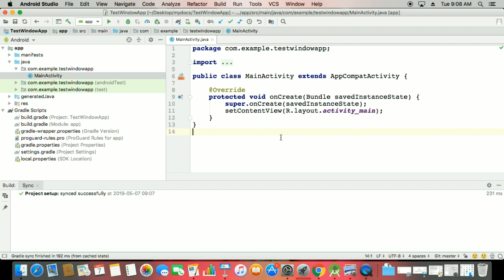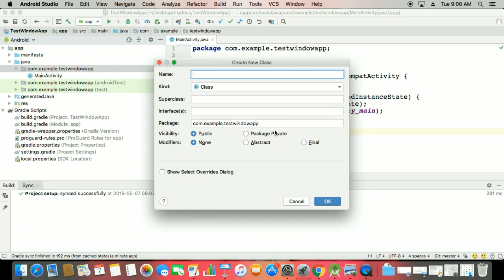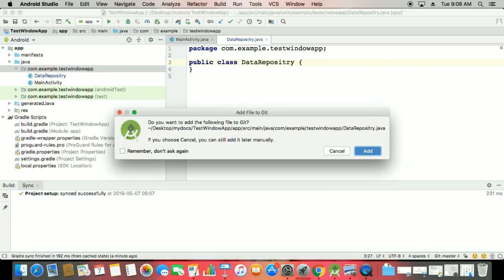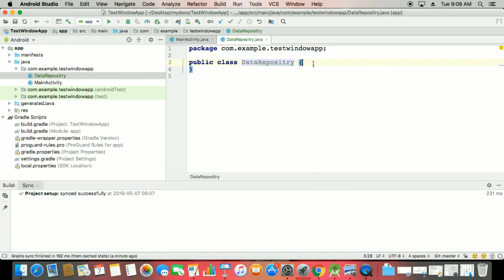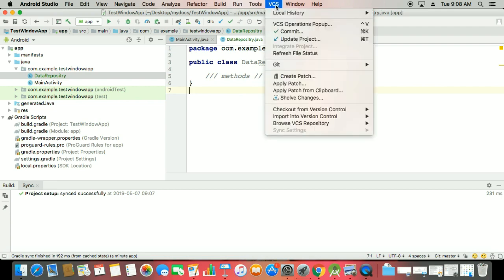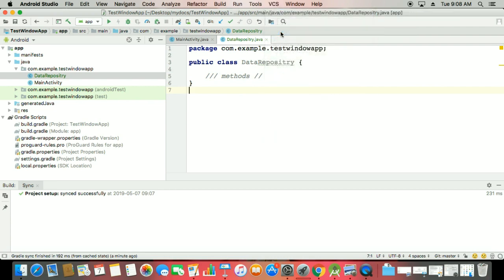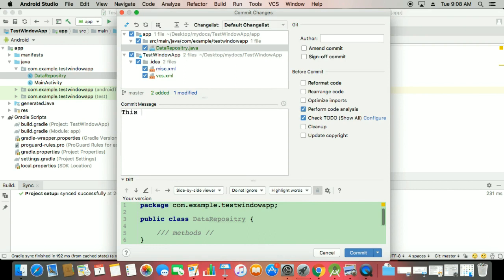Now, what are we doing wrong sometimes? See, that is the head, and whenever you work with this you can create a Java class and say this is my data repository. Whenever you work with the data repository, you add that file and add any methods, and now you can see this is the VCS, and you commit that. This is done by